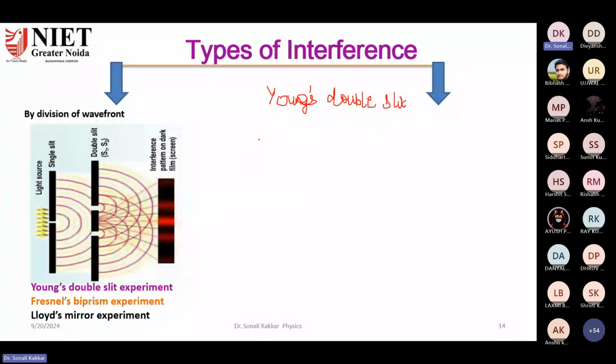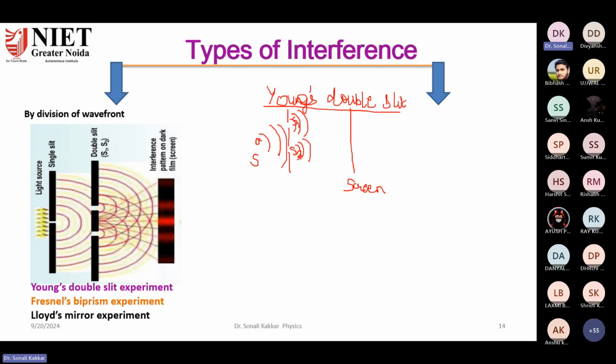So there is a source of light, let's say S. So the light is divided into two further beams through slits S1 and S2, and then the interference pattern is studied or analyzed on a screen. So this is the Young's double slit experimental arrangement, right? So what happens is the primary wavefront from this source S is divided into secondary wavefront through slits S1 and